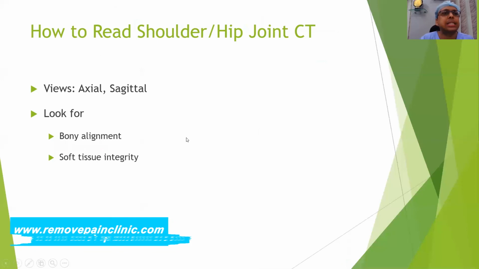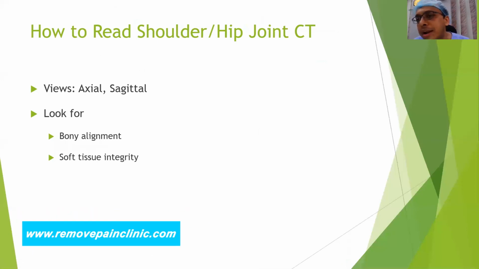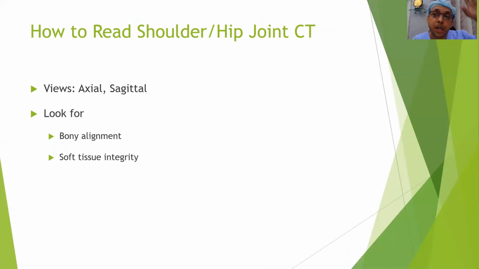That's basically it. Now, how to read a shoulder and hip joint CT. We have already discussed the knee joint, normal knee joint and pathological knee joint, where we checked the tibial plateau fracture. So we will be only understanding the shoulder and the hip joint for the rest of the webinar. Again, views can be all three, but you will probably see the transverse or axial and then the sagittal portion.